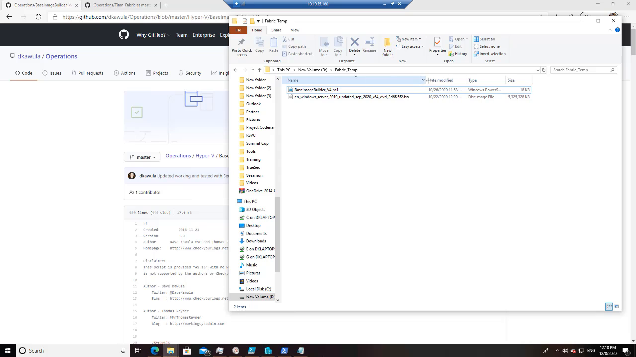Step number 1 is you need to go ahead and download yourself a copy of the Server 2019 ISO. I've got the ISO that's been pre-updated with all of the CUs up to September 2020. If you're working on this in production, always make sure you grab the latest version of this. It cuts down the patching time that you have when you go live. This just happened to be the version that I had downloaded in my lab environment here. As you can see, I've downloaded Base Image Builder v4, and with that, let's go ahead and kick this